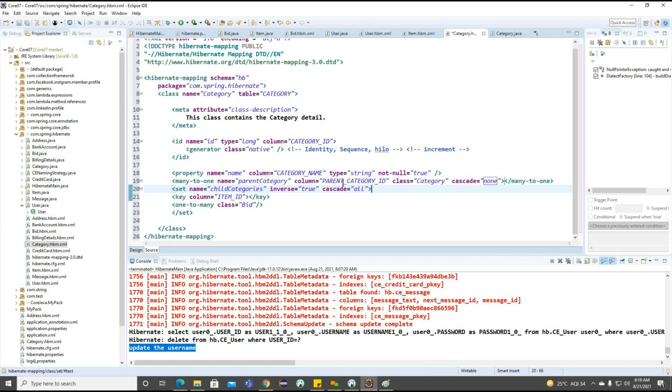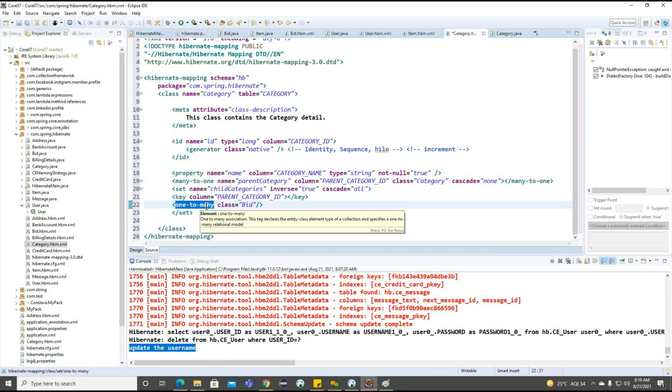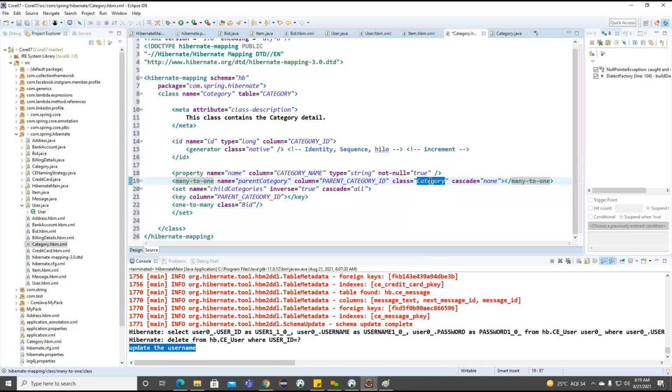Okay, now observe, here we need to provide the child category, the primary key, parent category ID. We already discussed that the key is going to work on the primary key and foreign key references. And here, one-to-many. So this one-to-many is going to associate with which class? It will become category only. Getting the point? So this is the way we can define the category information here.